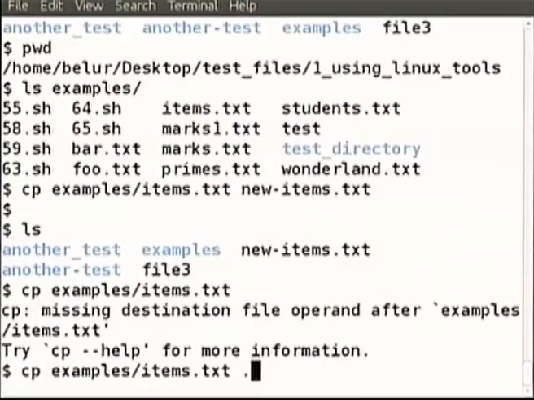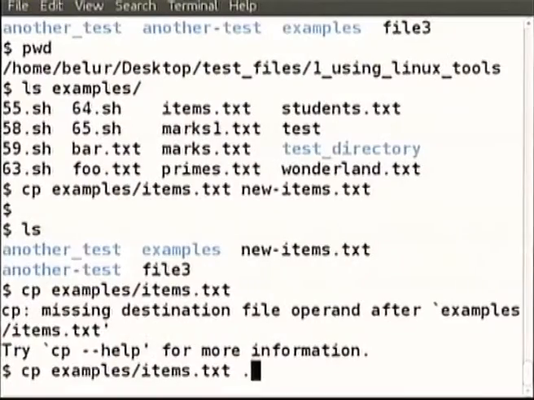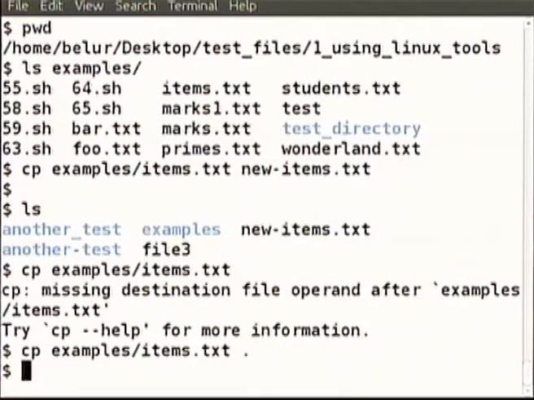Here just say dot. Dot means what? Will it override the current directory? No, a file cannot override a directory. This much basic intelligence Linux terminals will have. So now it will understand that it should be the same file name in the current directory.